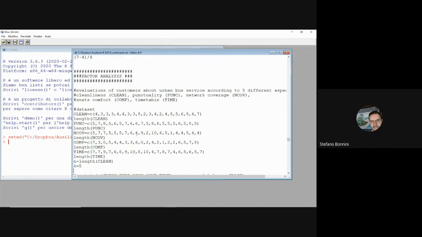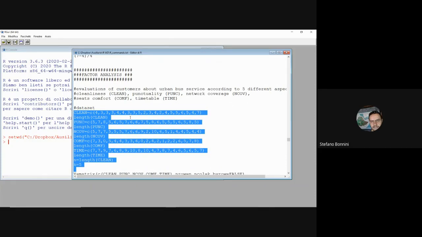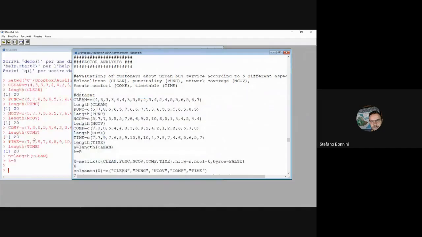So as a first step, let's input the data to variables clean, punct, cov, conf, time. I select all the commands and also the command k equal to 5 because k corresponds to the number of variables. Ctrl R, and all the commands are executed